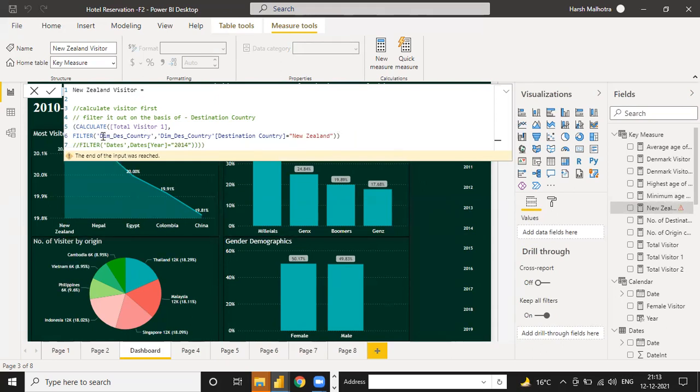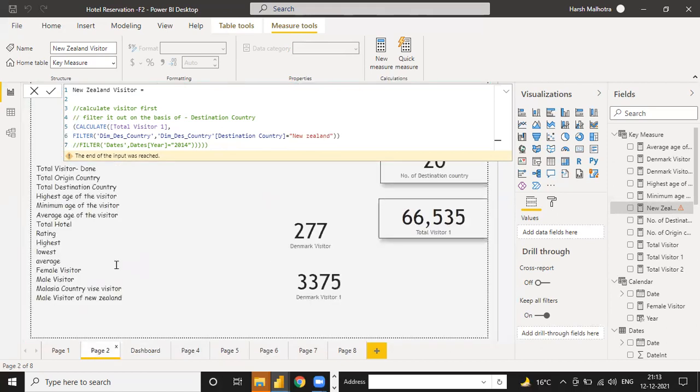The end of input total visitor filter. I think spelling is mistake. New Zealand. Let me check. Dim destination country, New Zealand. Calculate filter, destination country, New Zealand.